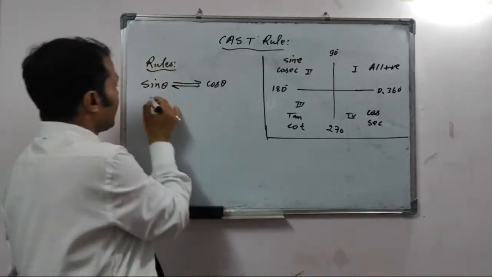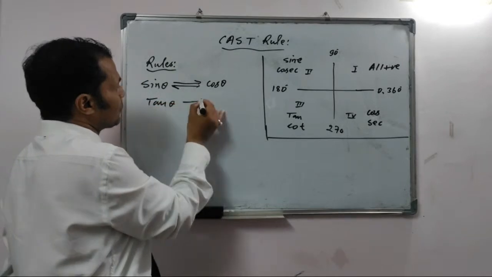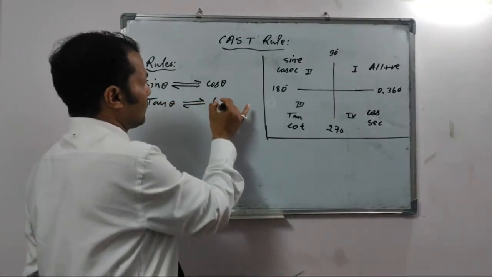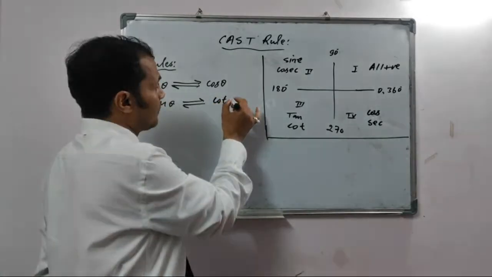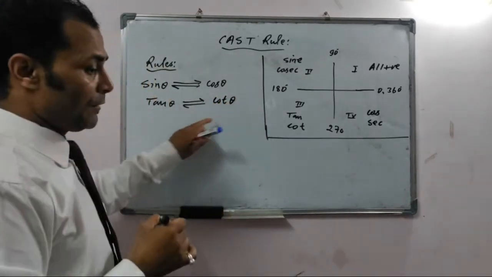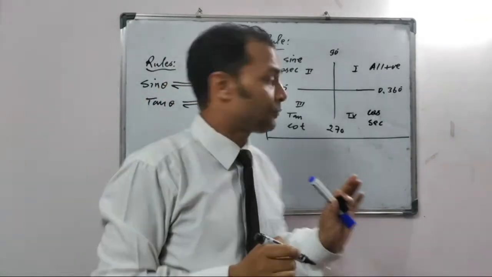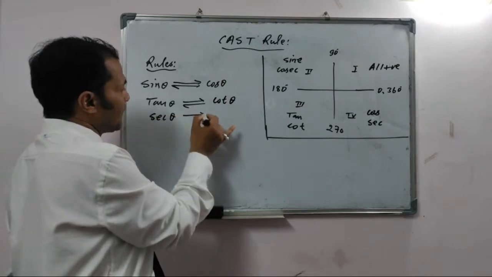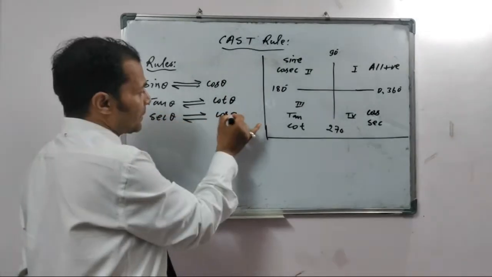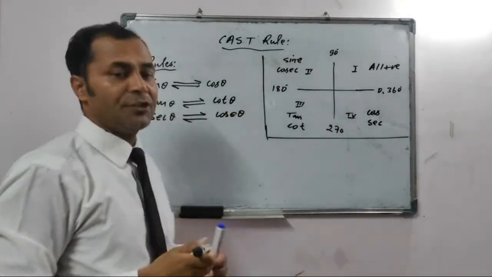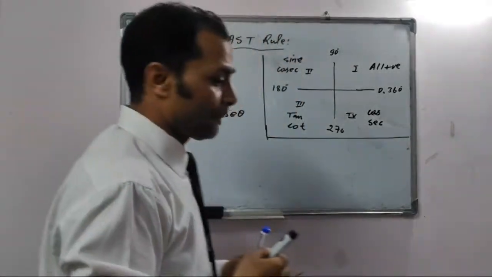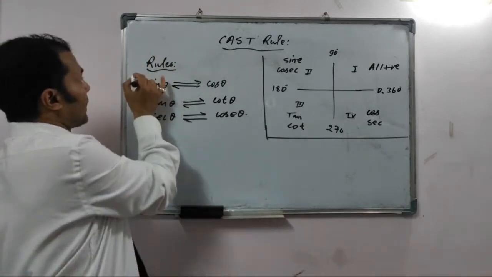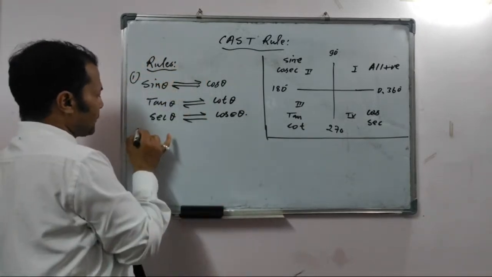Accordingly, tan theta will change into cot theta, and cot theta will change into tan theta. And accordingly, sec theta will change into cosec theta, and cosec will change into sec theta. All right. So we'll see here, the very first thing, rule number 1. Rule number 2 is,